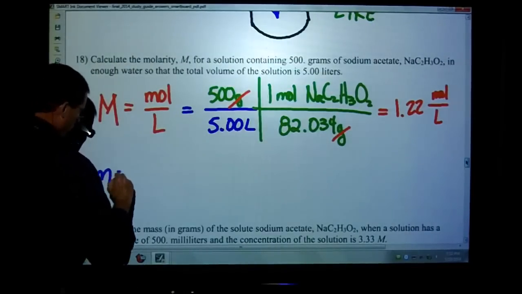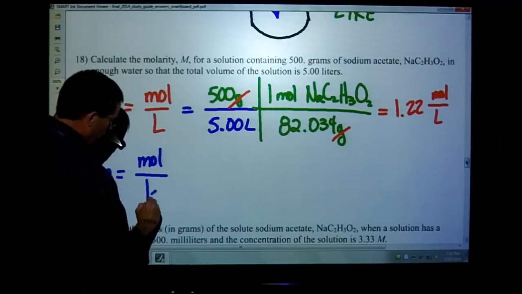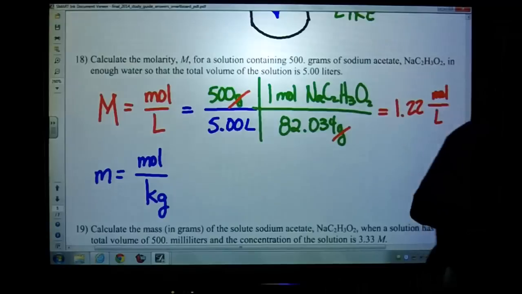Okay, it's little m, number 1, and it represents the number of moles per kilogram of your solution. Now again, remember from the lecture